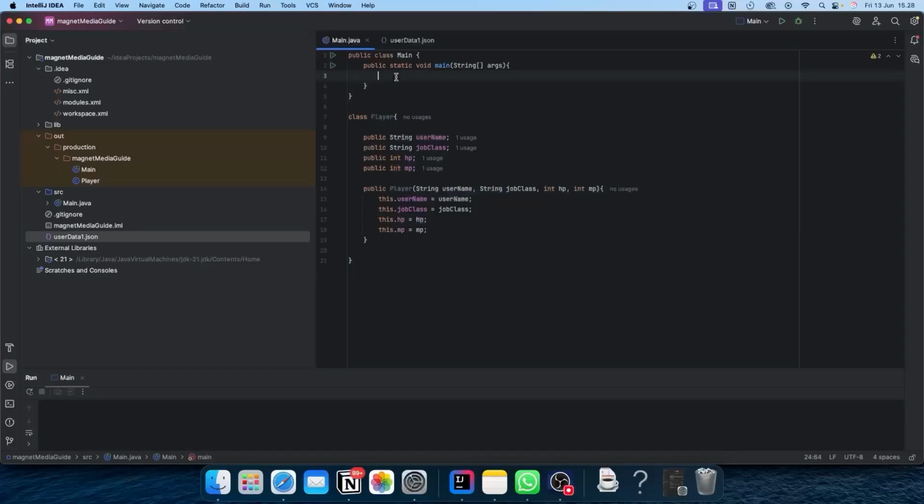Want to turn JSON data from a file into a usable Java object? It's a super common task, and with Google's Gson library, it's incredibly simple. In this guide, I'll walk you through the entire process, from setting up the library to deserializing your JSON into